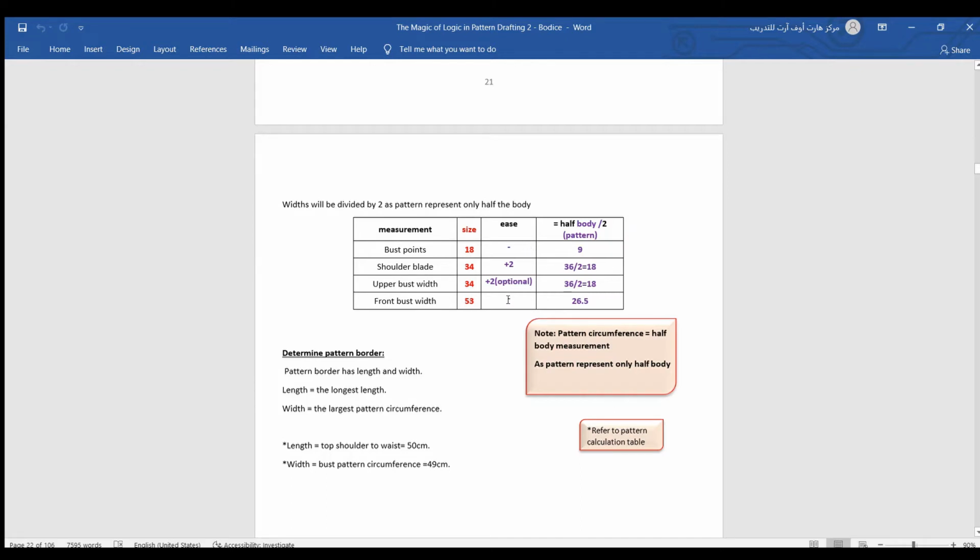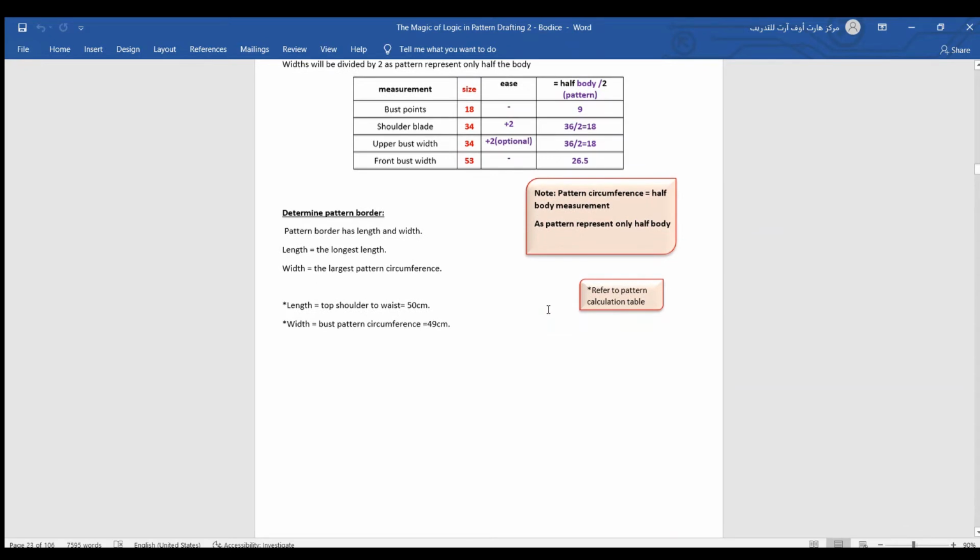If you don't want to add ease, it's optional also, but you have to divide this width into 2 because we are dealing only with half of the body. So for the bust point, you divide it by 2, shoulder blade, upper bust, and front bust. Okay, after doing all the calculations,